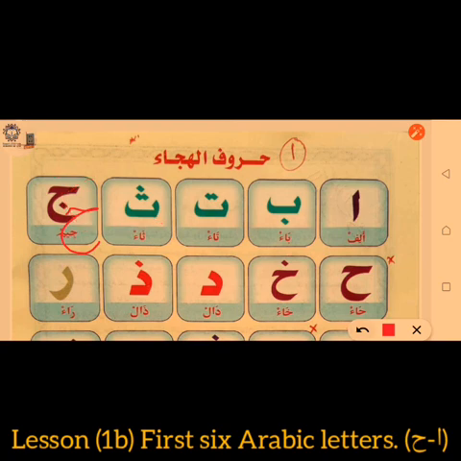Jim. The same thing in Ha. This is Ha. Your stroke again, then your curve, without any dot. Ha has no dot. Your stroke, then your curve. Again, your stroke and your curve. So let me now write it the way it is written in this book. That is Ha,